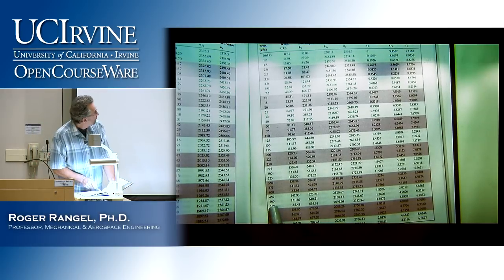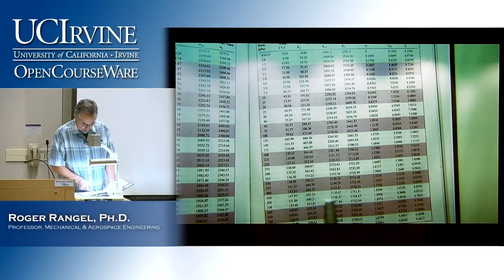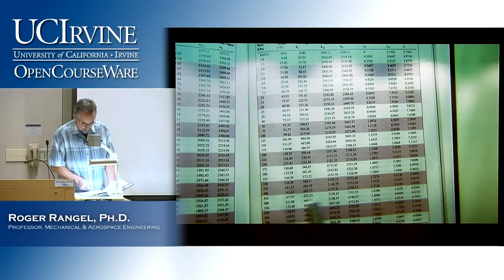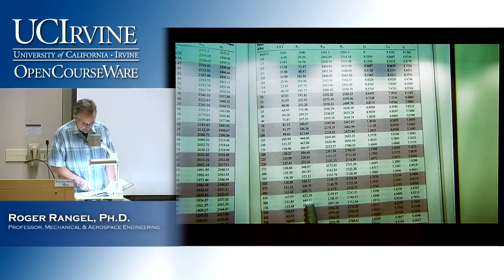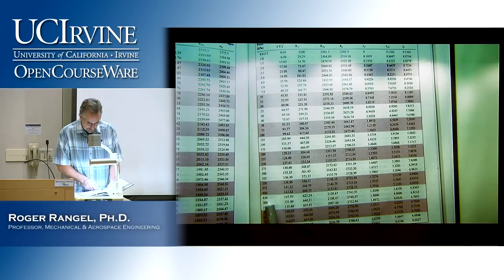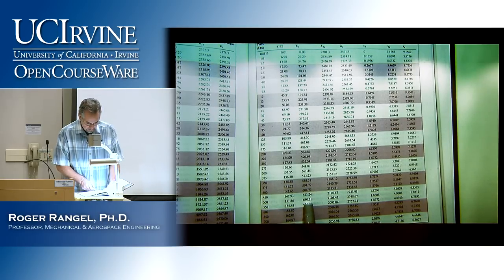I need to enter there, and then I need to go all the way to the enthalpy columns, which are these three: HF, HFG, and HG. And what I need to see is if my enthalpy is in this range from 640